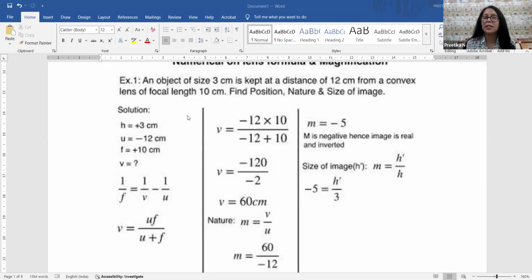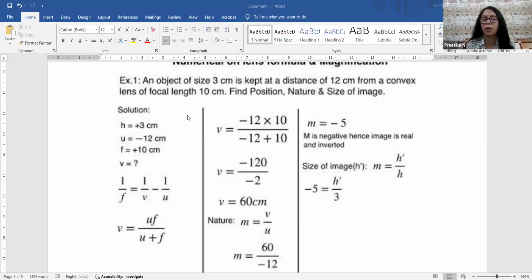So, beta, when it is a convex lens and your image distance is coming out to be positive, you tell me what should be the nature then. Image distance positive hai, matlab right hand side pe hai. So what should be the image ka nature then? Will it be virtual or will it be real? Real. Virtual is always on the same side, the left, so because it is on the right hand side, this will be real, this will be inverted,